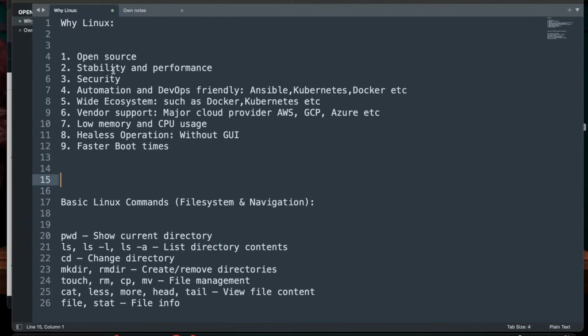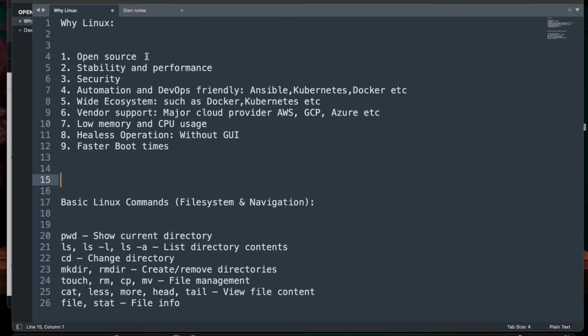In this video, I'm going to talk about why we need to use Linux. Before learning any cloud or DevOps tools, make sure to learn Linux, because it plays an essential role in DevOps and cloud automation. You usually launch mostly Linux machines on cloud. Of course, you can add Windows as well, but mostly Linux. If you learn Linux before any DevOps tools and cloud platforms, it's going to make your life easier.